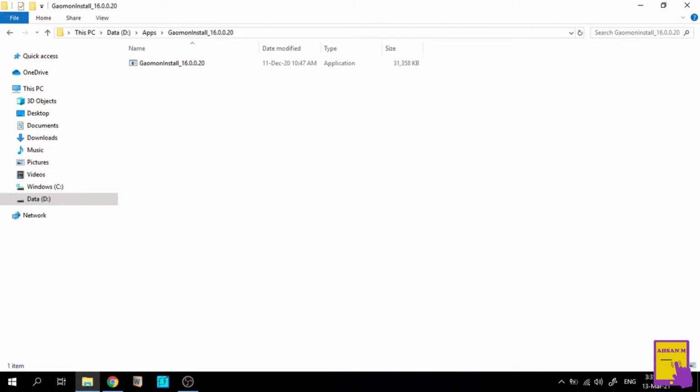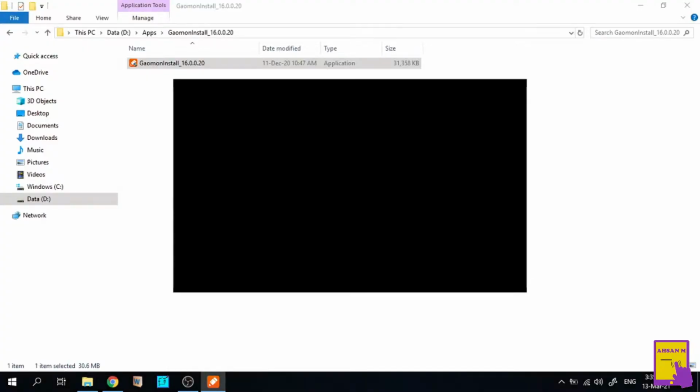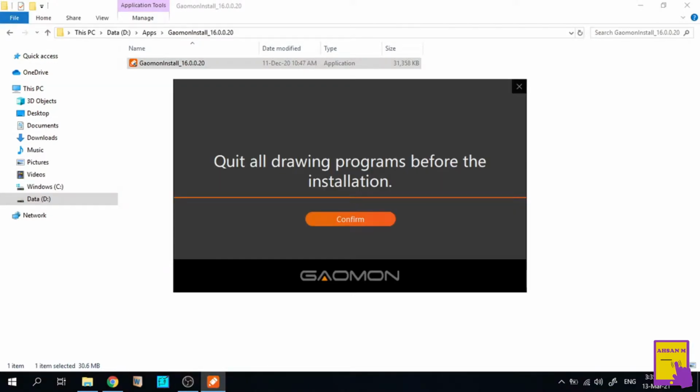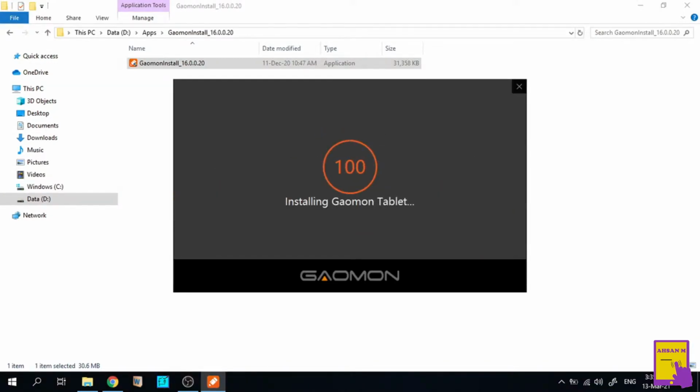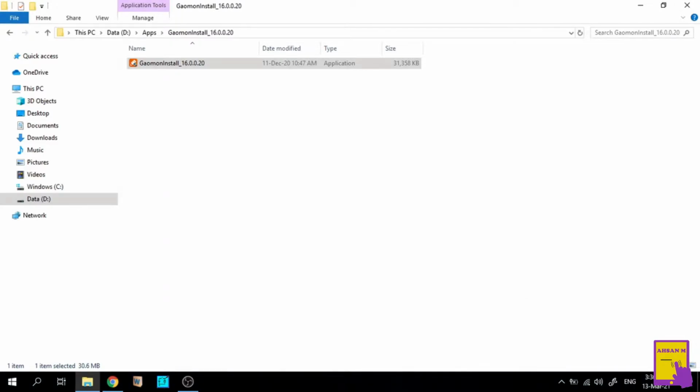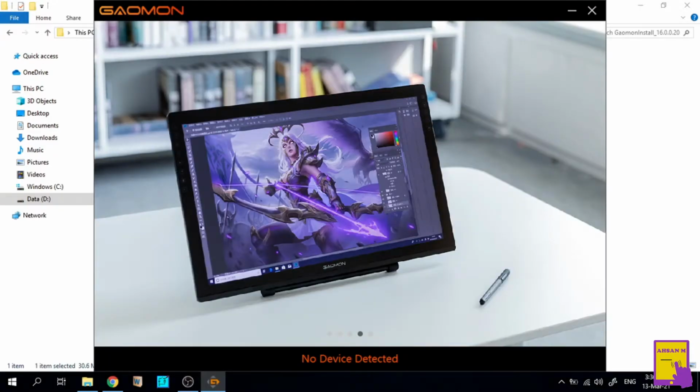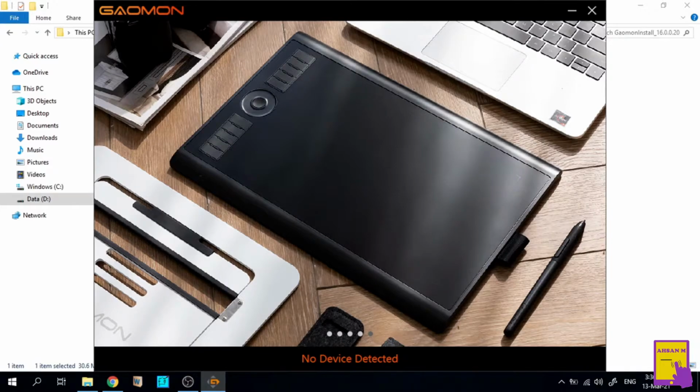Open this and install the file. After it is successfully installed, the application icon will appear in the taskbar here. Double click on this icon and you will get the following application open on your computer.